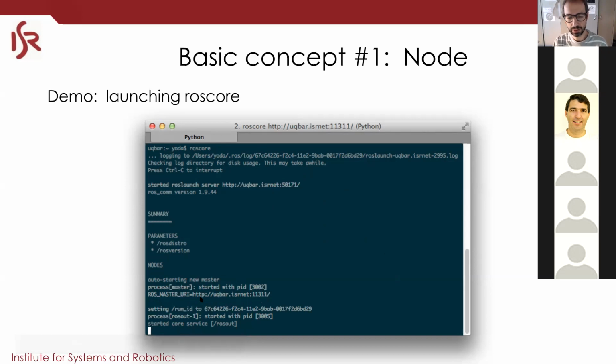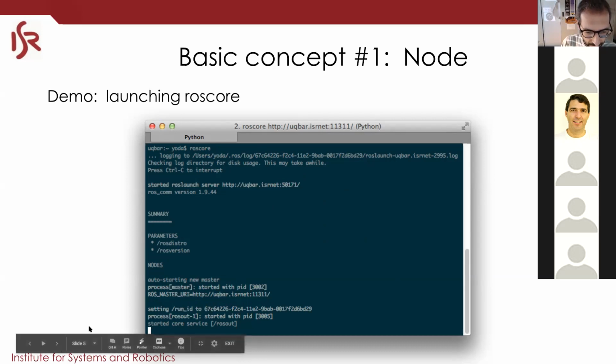If I don't do anything, all of the nodes launched on this computer will connect automatically to this ROS core. If I have a different computer and I set this environment variable on that computer, it will call this ROS core.